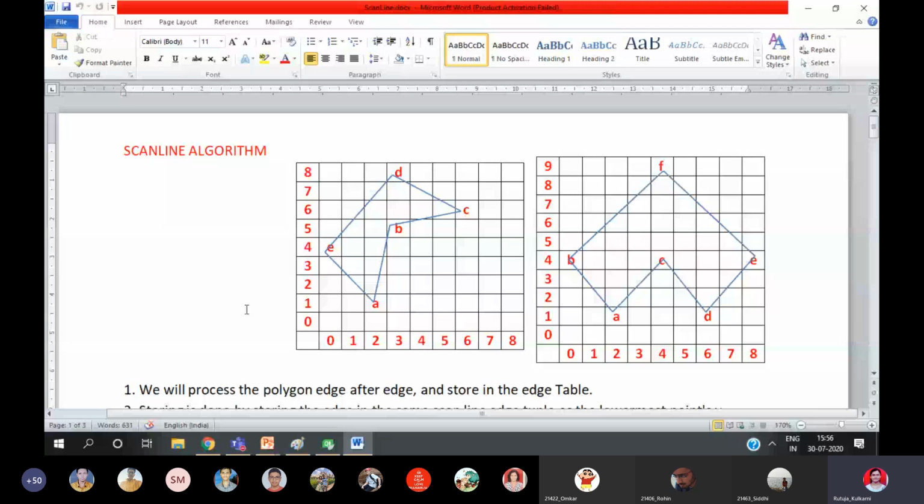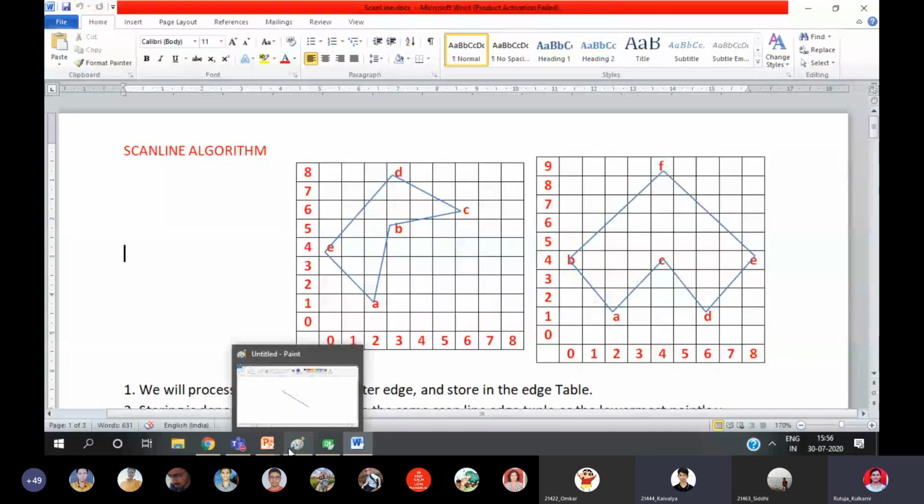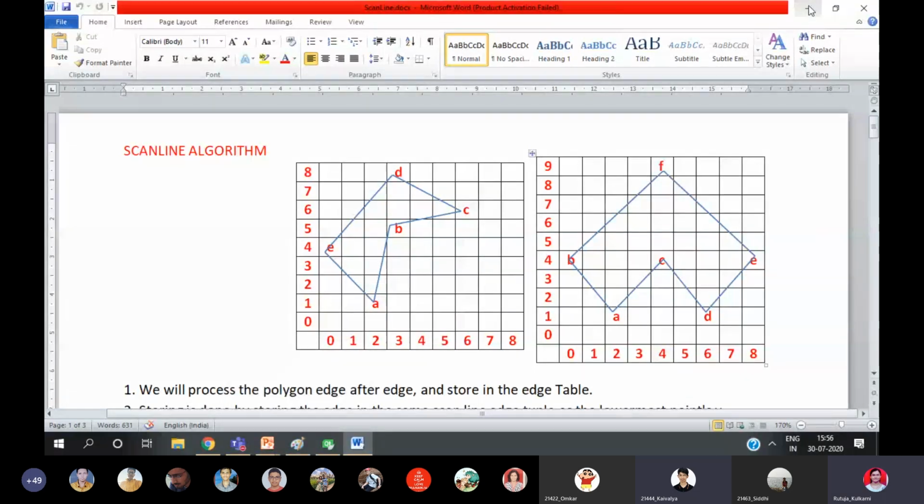Ma'am, currently you are sharing the Qt Creator screen. No, the Word document is not visible. Can you close it and share it again, because it looks like there is some glitch. I'm only able to see the Qt Creator screen.